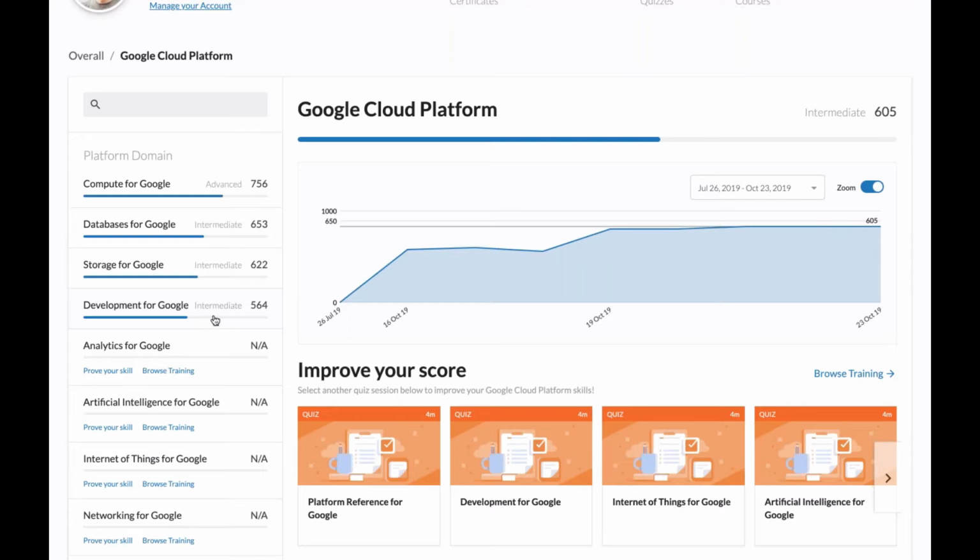And Stefano, I see that you mentioned intermediate, beginner, advanced. Can you explain the difference between these different levels? Yeah, sure. This is a very common question. Basically, we divided the 1,000 score into 3 parts. If you are up to 300 of score, you're a beginner. This means that you should be able to answer basic theoretical questions about that topic.